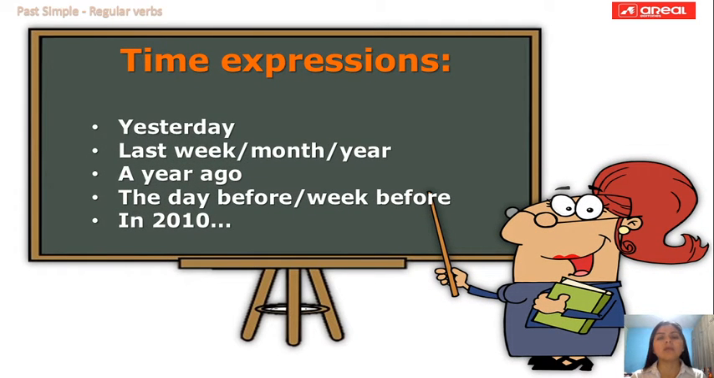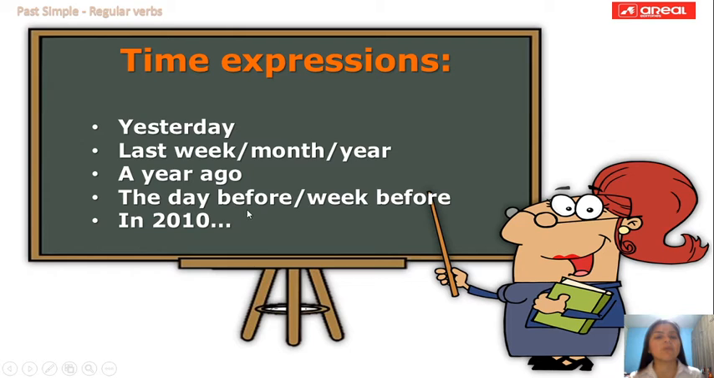And of course, we have to use some time expressions, okay? Remember that we are working in past, no present anymore, okay? We are working in past. To work in past, we have some time expressions. For example, we say yesterday, yes. We also say last week, last month, last year, a year ago, okay, a year ago, the day before yesterday,